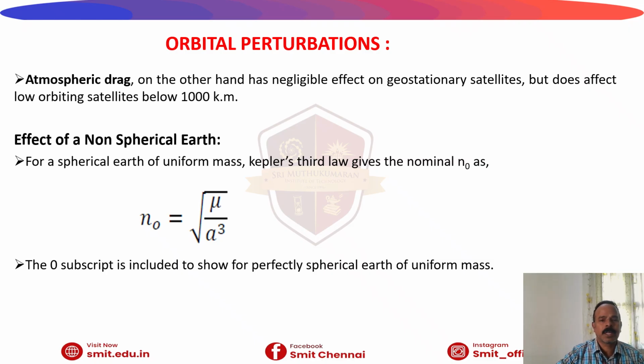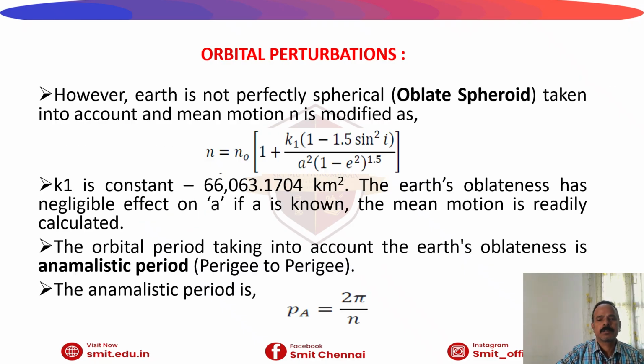But in practice, our Earth is not a perfect spherical Earth. So the orbital perturbation should be taken into account in both ways, whether we consider the Earth as a perfect sphere or as an oblate spheroid. If we are taking our Earth as an oblate spheroid, we have to apply the formula: n is equal to n naught into 1 plus K1 into (1 minus 1.5 sine square i) divided by a square into (1 minus e square) to the power of 1.5. So n should be considered for an oblate spheroid, and n naught for a perfect sphere. K1 is nothing but a constant, which is given by